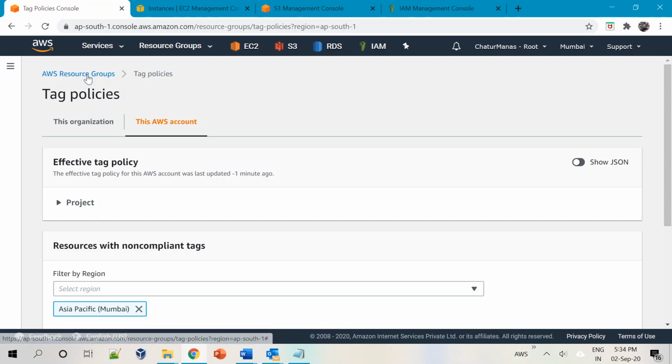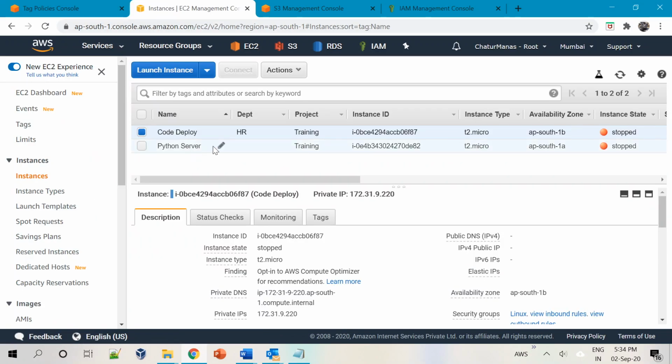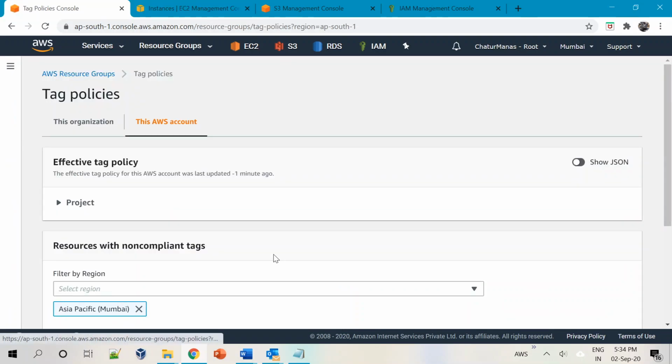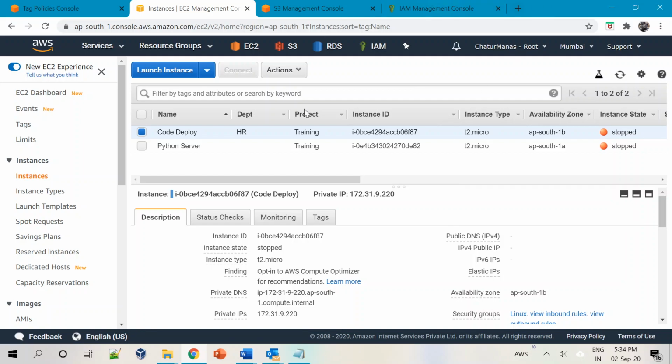Let's take an example of the same project tag that we have. We have training as the project, right? So let's say every resource created in this AWS account must have a project tag. Any resource that doesn't have a tag name called project and the associated value should be highlighted to the management, because it's a production environment.